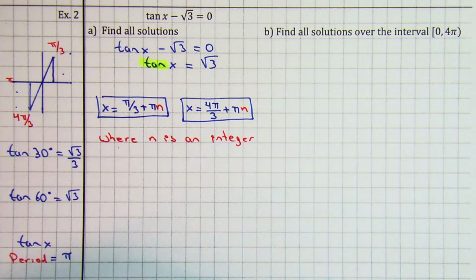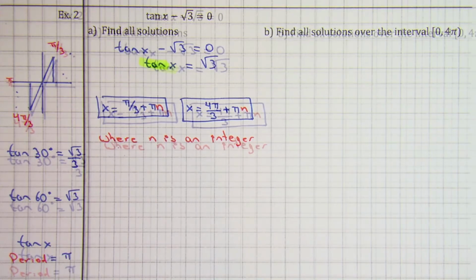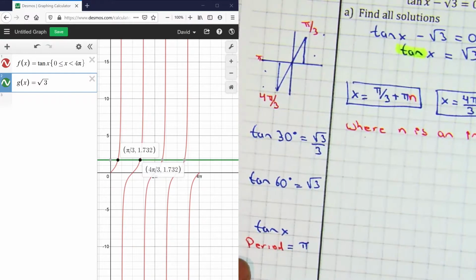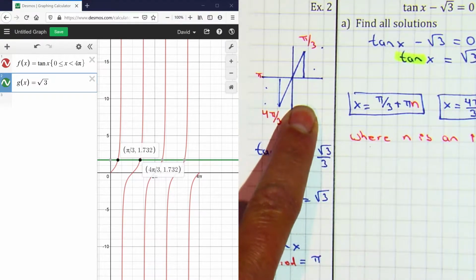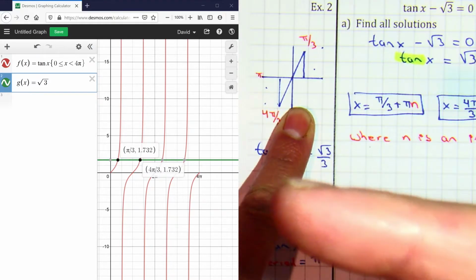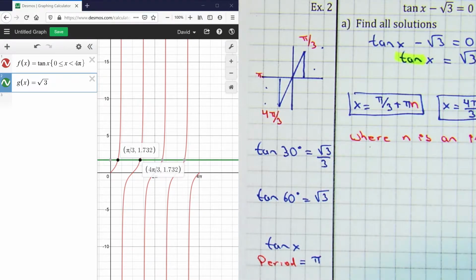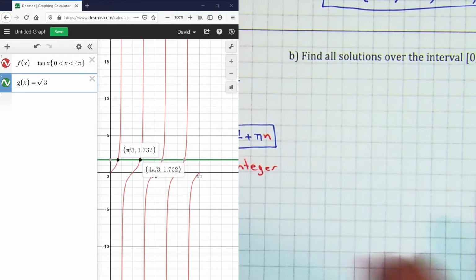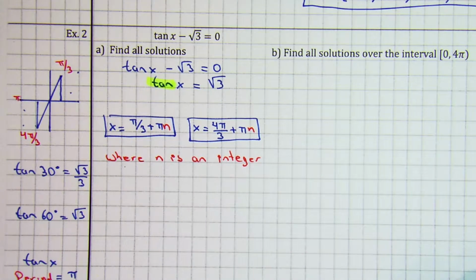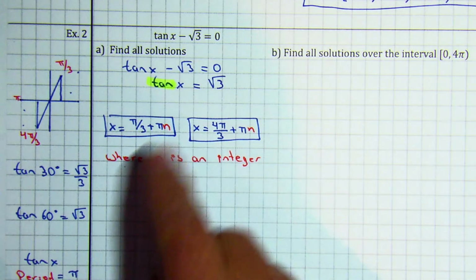And you want to make sure that you are seeing the connection between the unit circle and the graph. That's right there. Now let's find the solutions between 0 and 4 pi. So now that we have our equation,